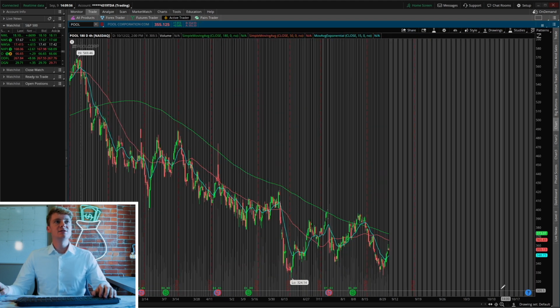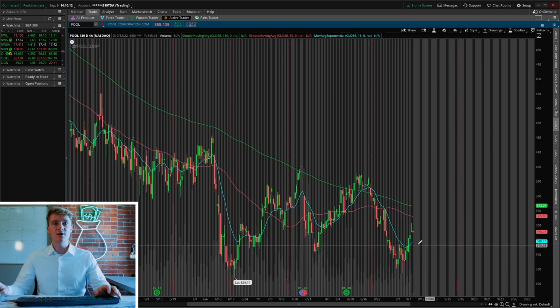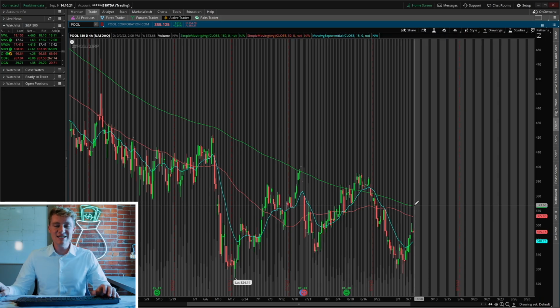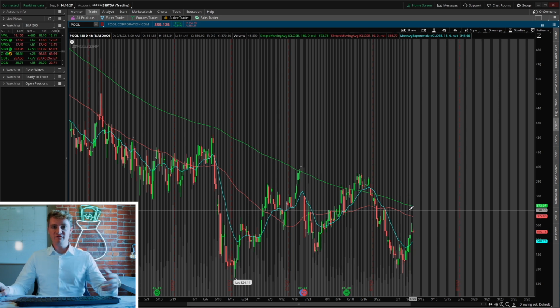Here's an example on ticker symbol POOL. You can see the more rejections we get at the 180-day SMA, the stronger that level is acting as a resistance level. So you could take that into consideration when you're looking to play a move to the upside or the downside. Now, looking to play a move to the upside, we could wait for a break above this level. A break above this level would indicate that it is no longer acting as a resistance level, and that means that direction has shifted. Okay, buyers are stepping in, price is moving to the upside,